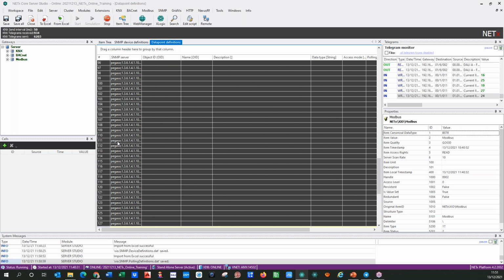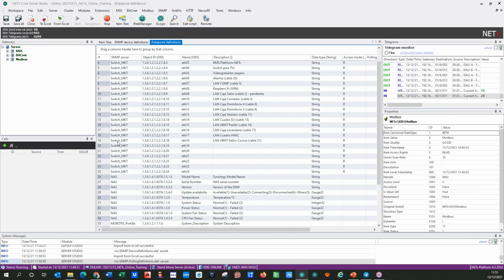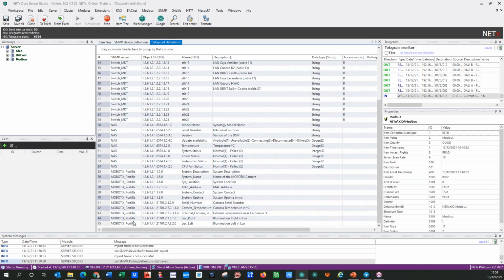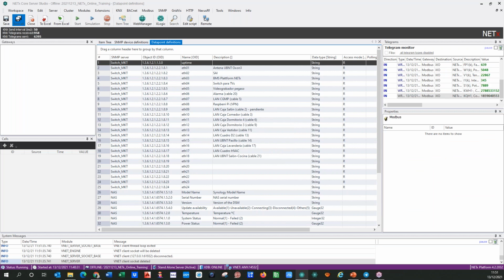But you can just see that this is also giving us a lot of information from the switch, from the NAS, and from the Modbus camera in the door entrance. So just saving all, restarting, and you will see this SNMP. SNMP is, again, like Modbus, has to be done manually. You have to put the object ID, OID,